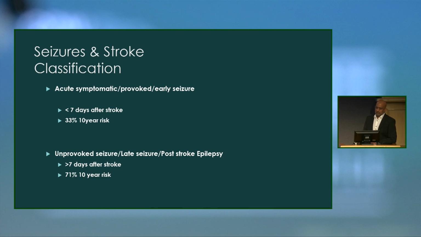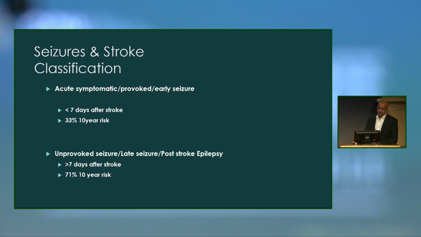Post-stroke seizures, or seizures in relation to stroke, are classified according to whether it's an acute, symptomatic, or provoked, or early seizure, or a late, unprovoked seizure, which is actually epilepsy if it's late and unprovoked. Whilst the classification is time-based by virtue of its temporal association with the stroke, the underlying reason behind it is the different pathogenetic mechanisms that trigger the seizures in the initial 7 days as opposed to